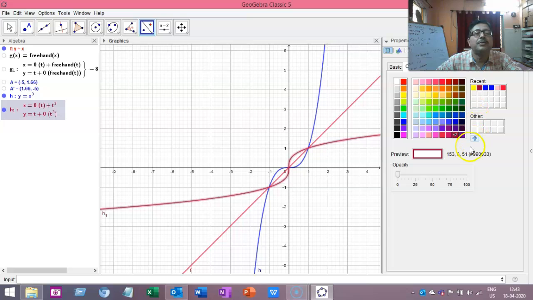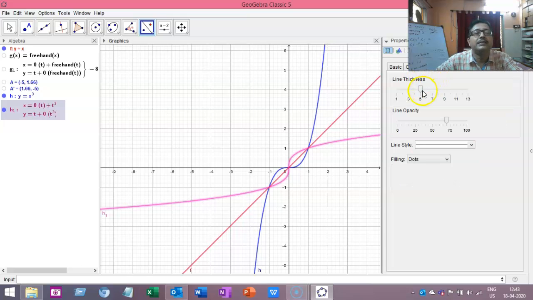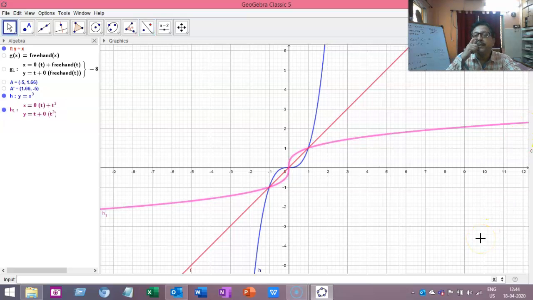I made the reflection color like this, or I can make it pink. I change the style and make it dark. Okay, all of you can see that. Not so dark, not so thick, because of the original function, then you will suspect whether you got the reflection or not. Now see, what have you got?